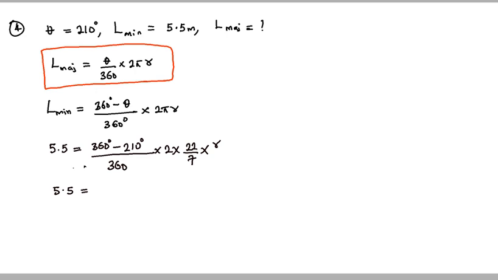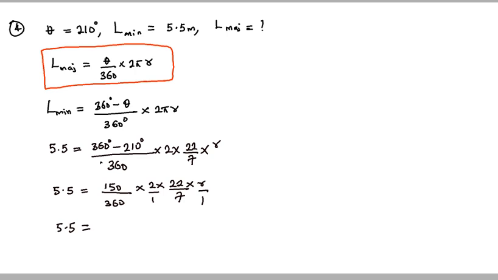So what is 360 minus 210? That should be 150. We have 150 here, all over 360 in degrees, then times 2 times 22 times r. This is over 7. Let's call here over 1. So we now have 5.5 equal to, multiply the numerator. So 150 times 2